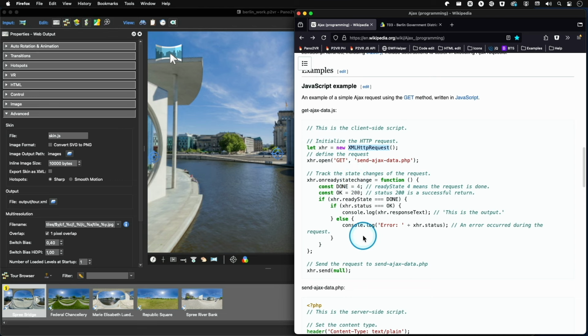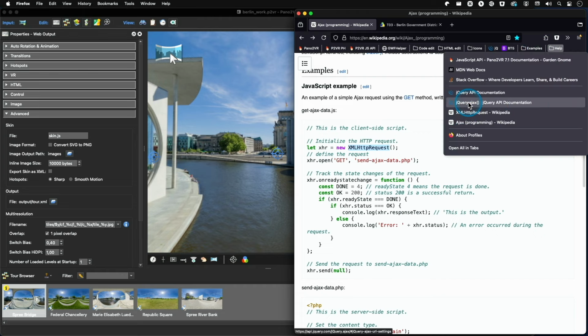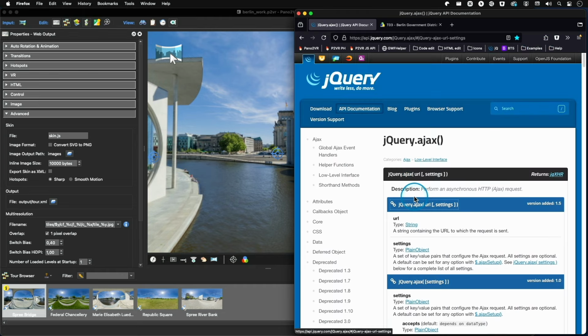This needs some programming. We will take another way to do this, and we go to jQuery, as we already have it installed and as we already are using it. And now let's have a look at this function. This is in the API documentation of jQuery, and it's just when you head over to the start page of jQuery,